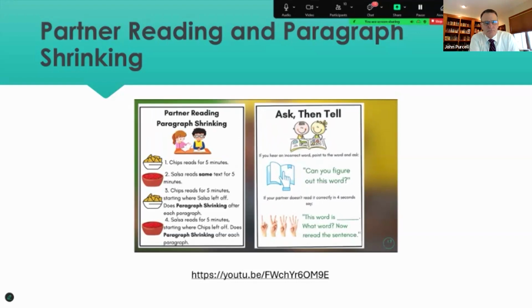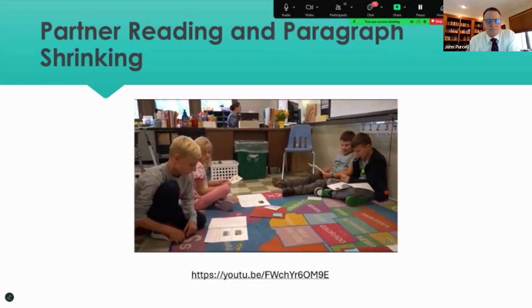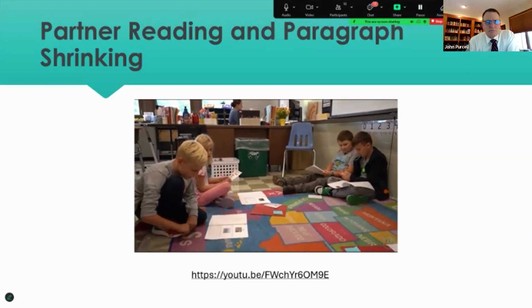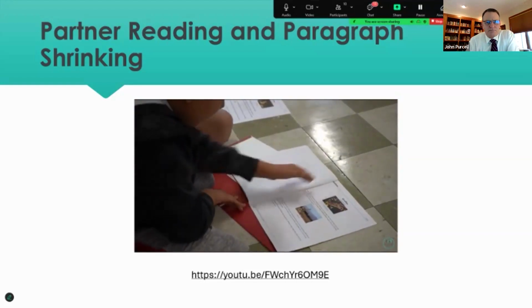This word is blank. What's the word? And the student has to repeat the word. And then they have to reread the sentence correctly. So after that, then they move into the stronger reader reads for 5 minutes on new text, and they stop